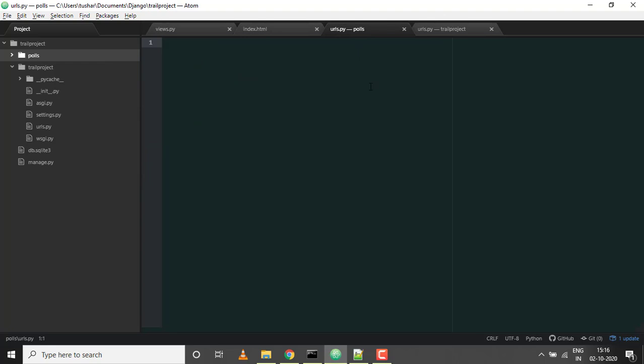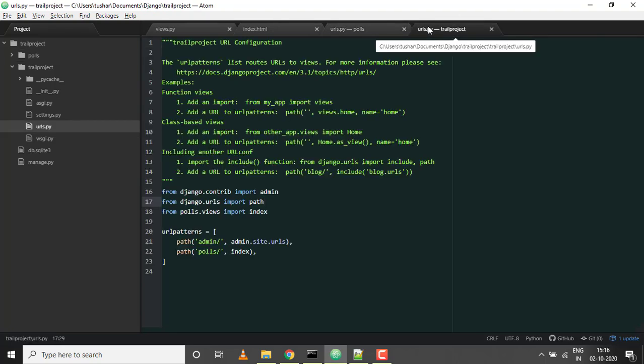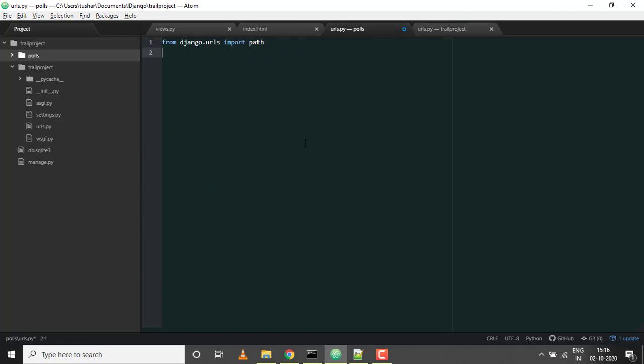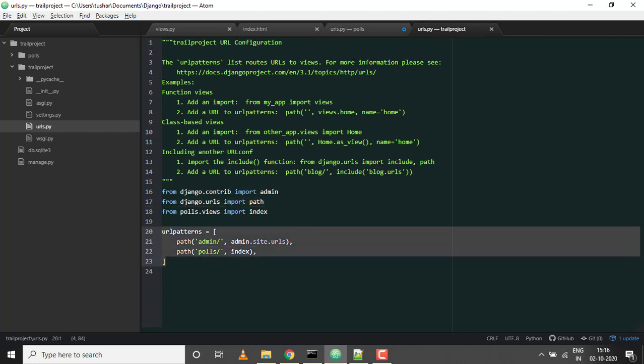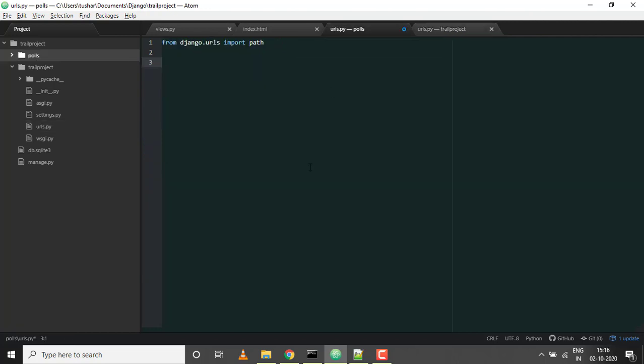The similar thing we have to do over here. We have to import this particular line, from django.urls import path. We need the path module over here, and the format would be similar: urlpatterns inside the brackets.